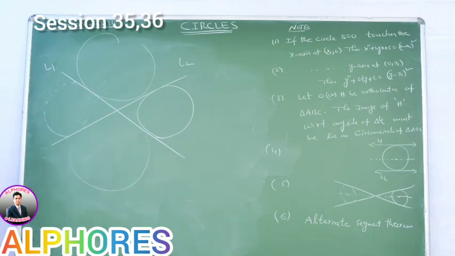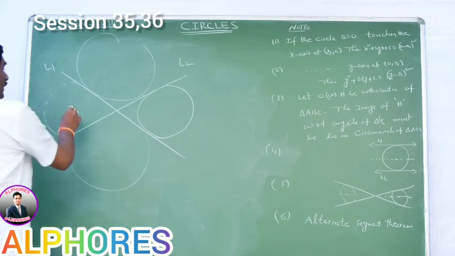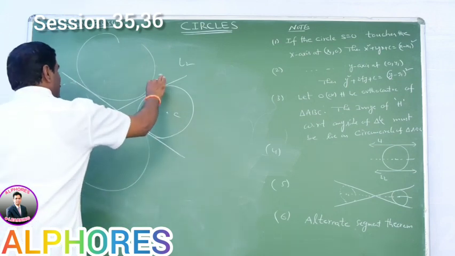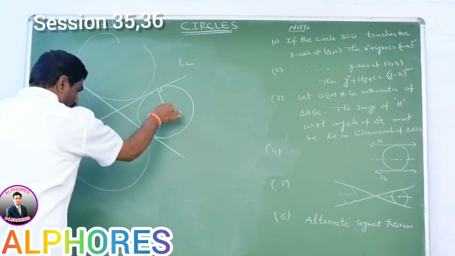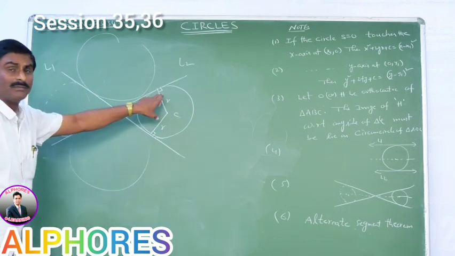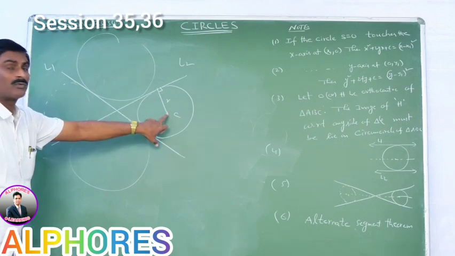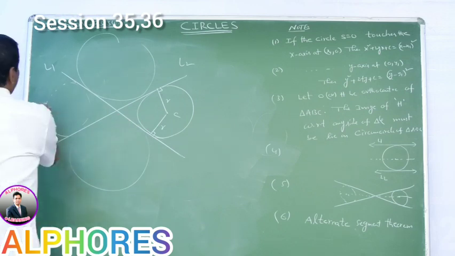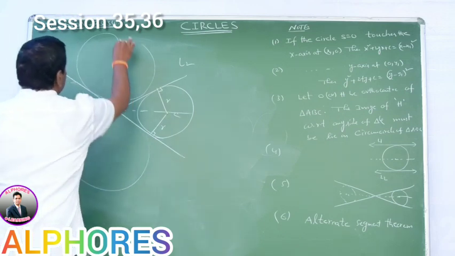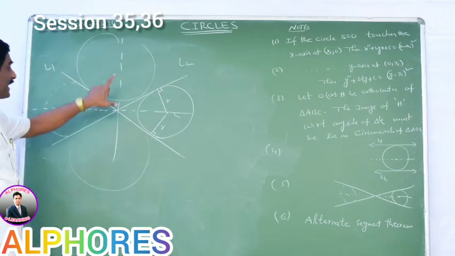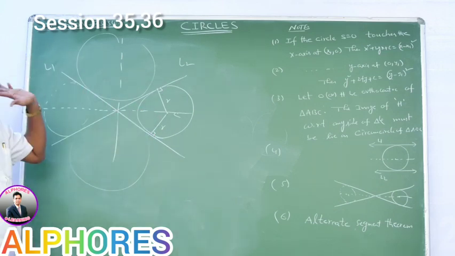Then what is the locus of the center? The center must lie on the angular bisector of these two lines. Please observe this point. Suppose this is taken as the center. The perpendicular distance from the center to this line is nothing but the radius. The perpendicular distance from the center to this line is also the radius. These two are equal. The locus of the points which are equidistant from two given lines is nothing but the angular bisectors. That means the center lies on an angular bisector. This circle, this circle, any one of these circles, the center must lie on the angular bisectors of L1, L2.